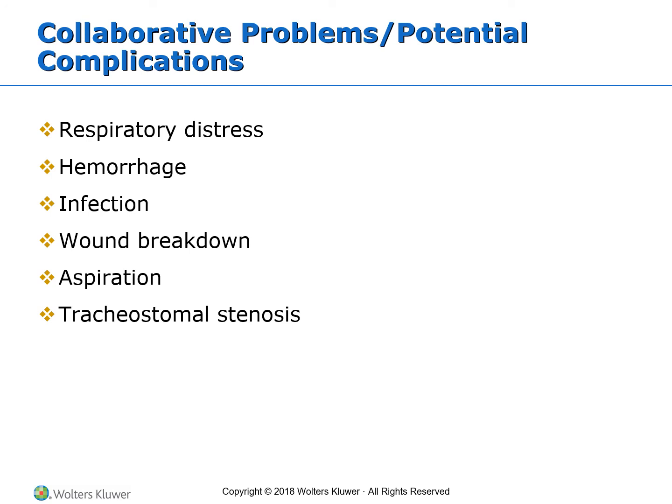Aspiration's always going to be a potential issue. They can also have tracheostomal stenosis, and that's just from hardening of the tissue itself. So it's not as flexible, so they can't expand whenever they breathe. It just pretty much